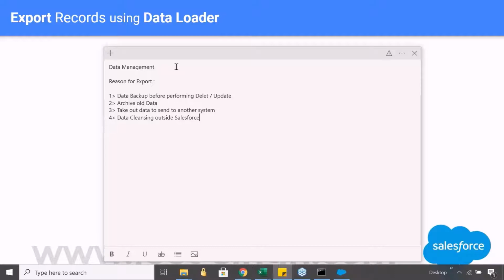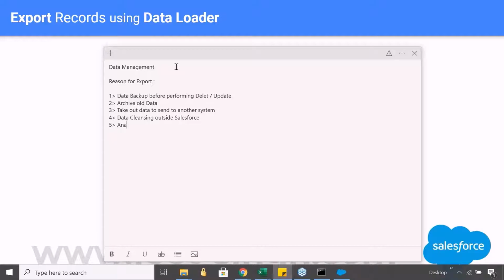The phone numbers are not properly formatted and all that stuff, and you feel that you can do that easily outside Salesforce. You can format the data, clean the data, update some of the values, and then put it back. Maybe that's where you may want to export your data.